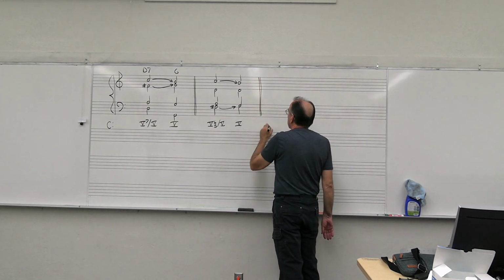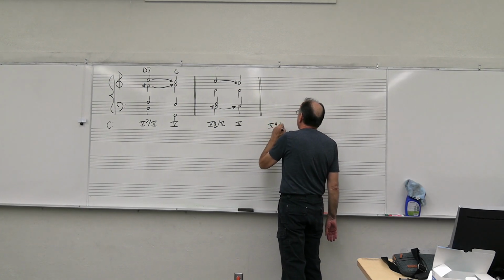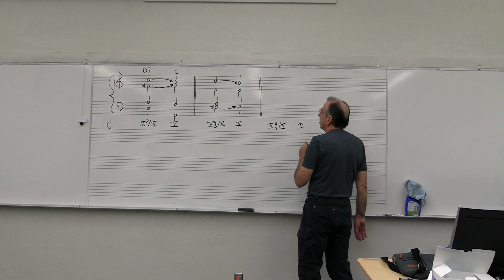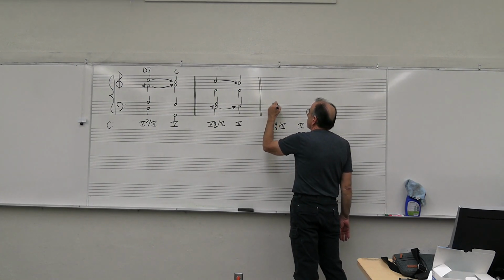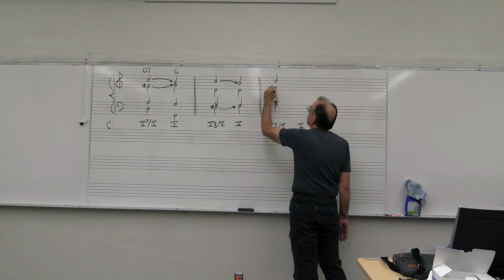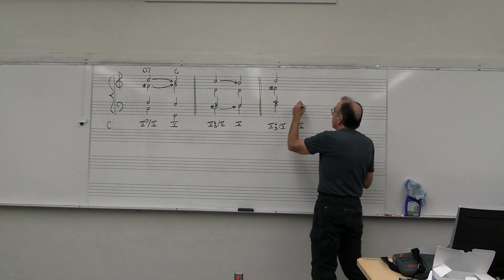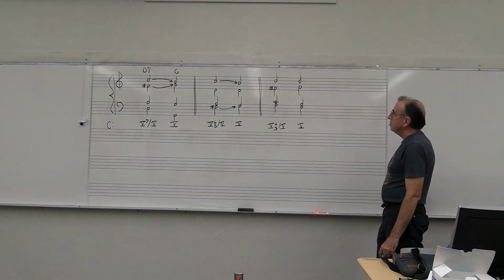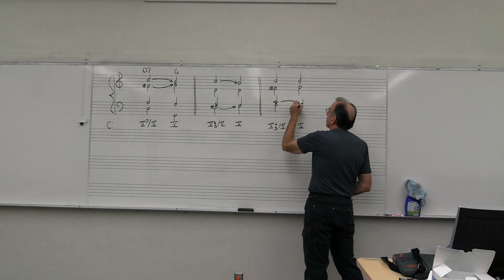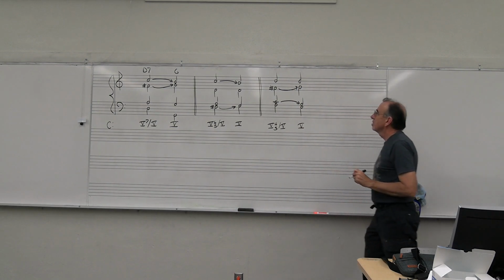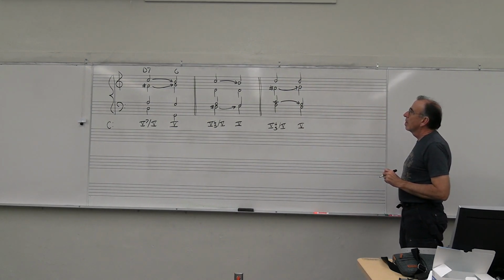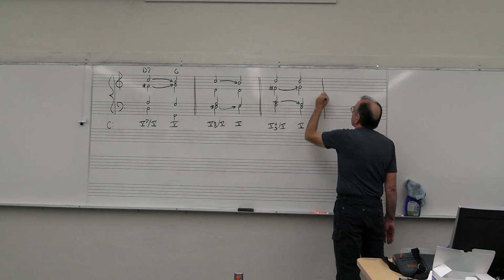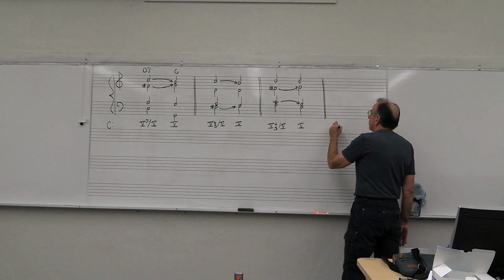And if I do 5-4-3 of 5, then that's going to be, let's do A here, F sharp, E. Again, when I resolve them, 7th resolves down by step, leading tone up to tonic, maintain the common tone in the D. So 7th resolves down by step. 5, 4, 2,